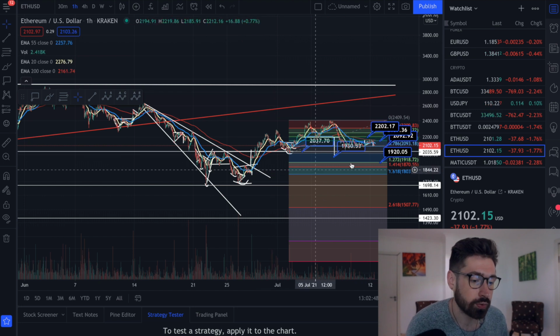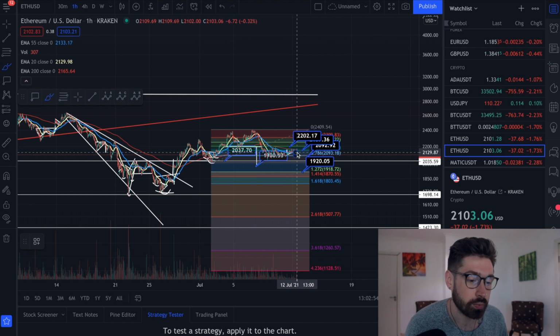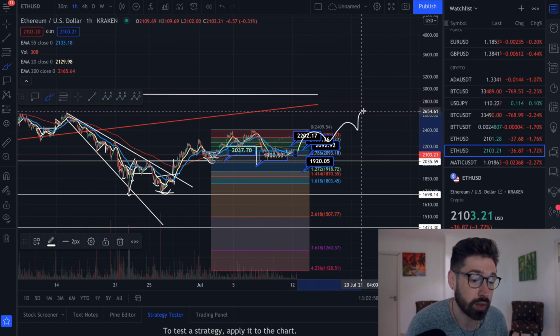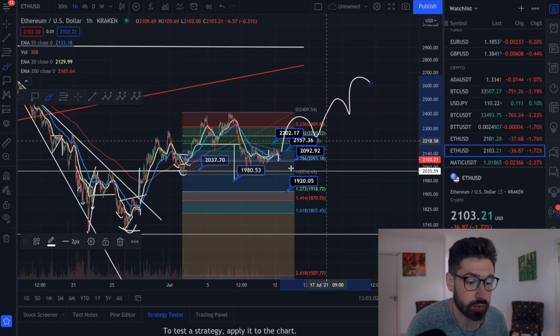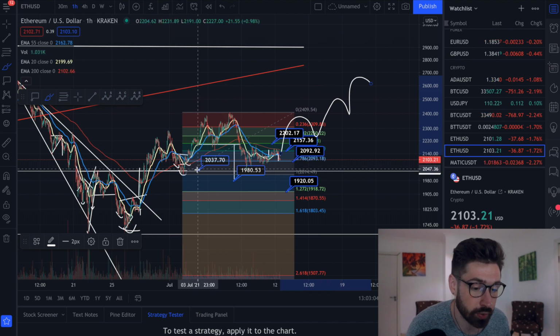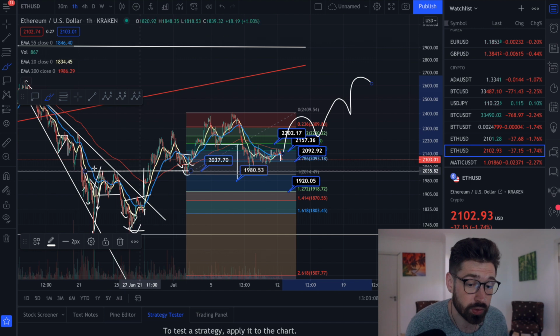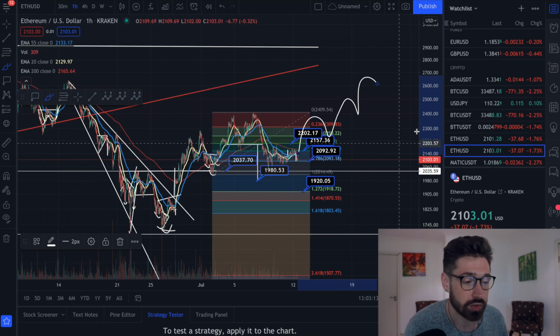So it would be crucial for us to hold these levels of support if we were to continue to do a little bit of something like this, where we slowly but surely start trending back upwards. However, if we start to lose that level of support here at 2092, we start to break down, we lose 2037, which was a strong level of support, previous resistance,